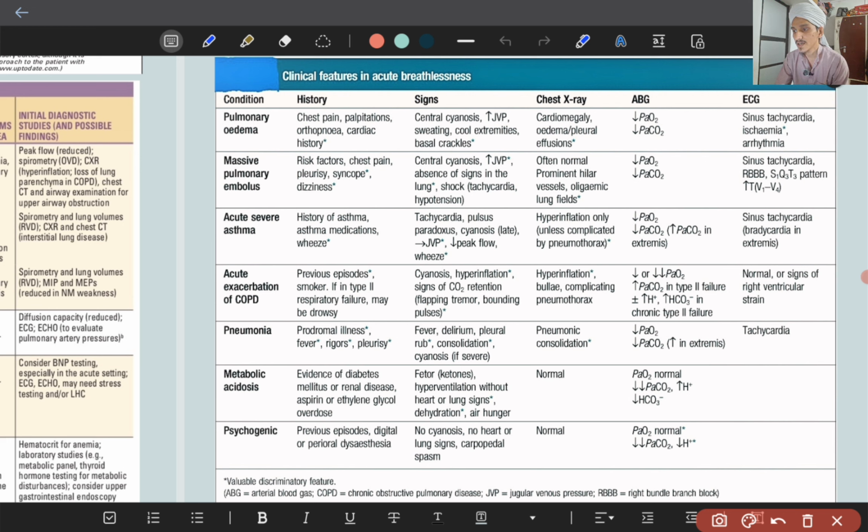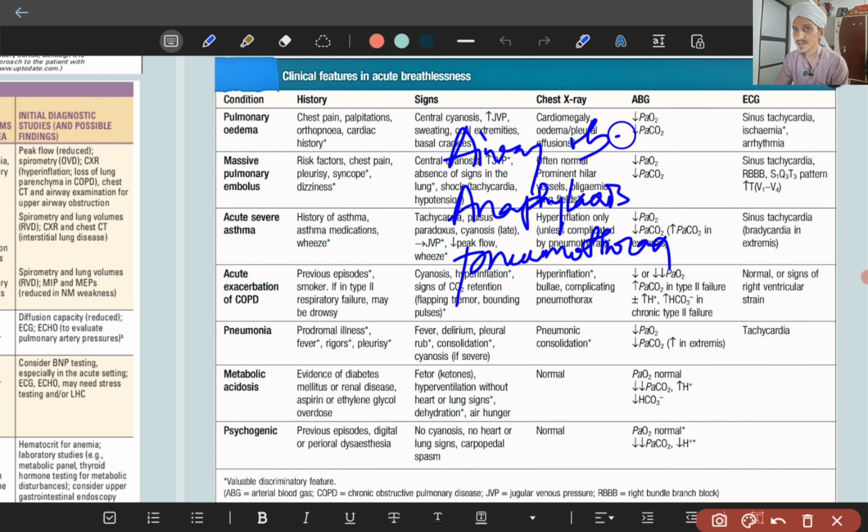out airway obstruction first, then anaphylaxis. Third is pneumothorax. Airway obstruction has a history commonly seen in children, like foreign body inhalation. In anaphylaxis, there will be a history of allergy, along with which there can be urticarial rash and intake of some drug or something which causes anaphylaxis in the patient. In pneumothorax,